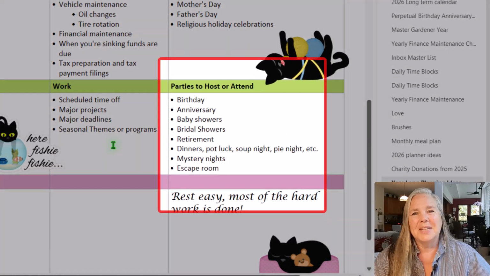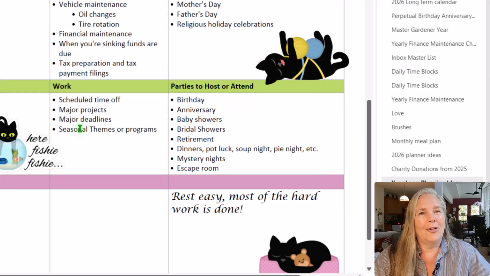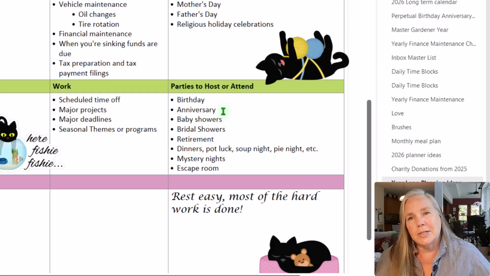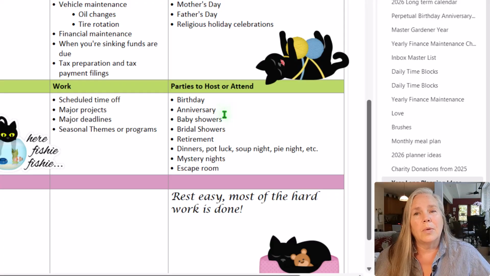Okay. All right. Then parties. Let's get back to having some fun after we've been at work all this time. Parties to host or attend. Maybe you have a special birthday, one of the big ones coming up that you want to celebrate. Maybe it's a child's 16th birthday or a baby's first birthday or your own 45th birthday, something like that. Maybe it's a milestone anniversary, or maybe you are somebody who has a very special celebration for every wedding anniversary that you have with your significant other. And that's special as well.